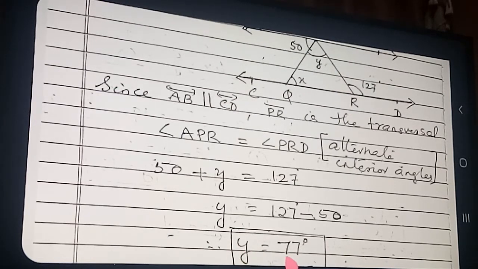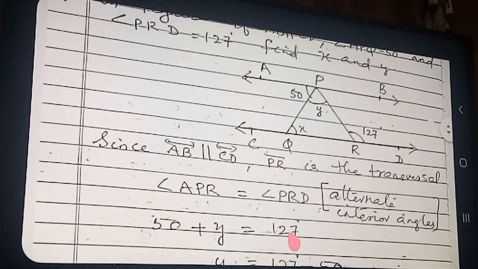Now what is your aim? What do you want to find out? You want to find the value of X. So now see the diagram. You yourself find out, any method, to find out X and Y. X. So here AB and CD are parallel. So what about the transversal? PQ is the transversal. If PQ is the transversal, then what about this angle? Where is the angle pointing? Listen. This angle and this angle. What type of angles? This is also alternate interior angles.